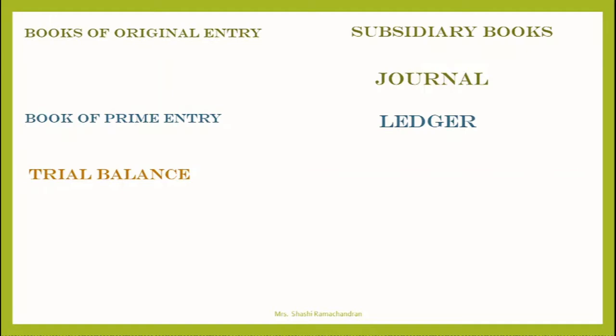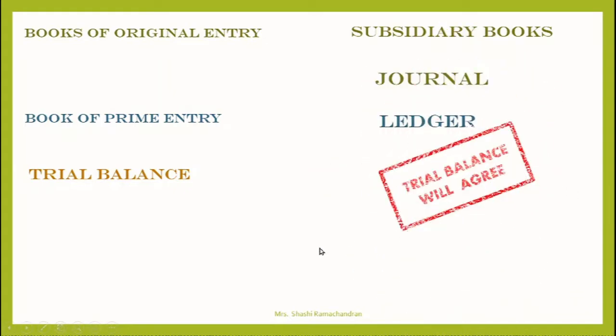That means it is important for an accountant that the trial balance should tally. So normally a tallied trial balance means that both debit and credit entries have been made correctly for each transaction. So the trial balance agrees when the recording has taken place properly, ledger posting has been done correctly, and there is no such error. Now, let's understand this entire process with the help of one transaction.